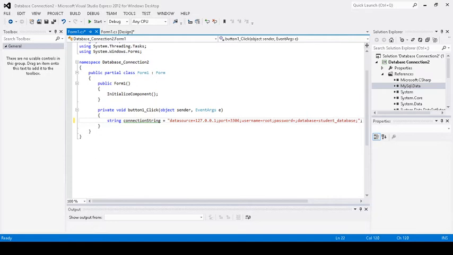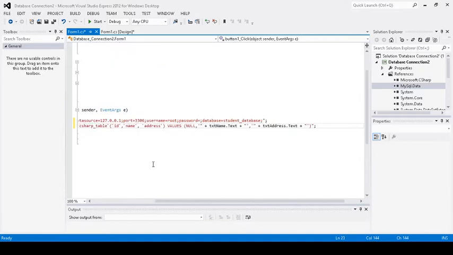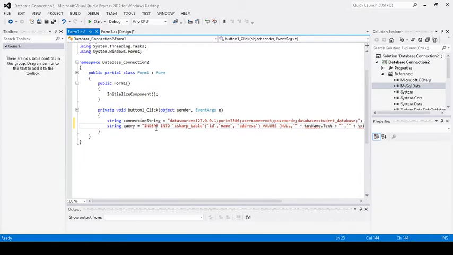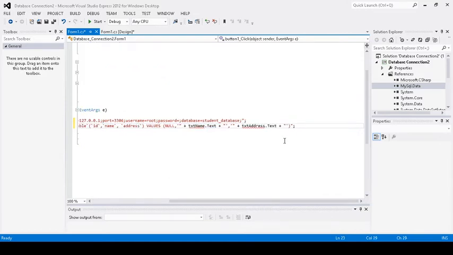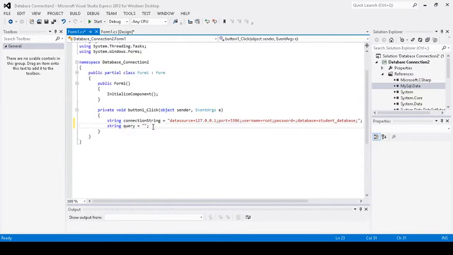So later on, this is very useful. We have the save button, show button, we have the update, and we have the delete. Okay, so for the meantime, let's make it blank for the query.